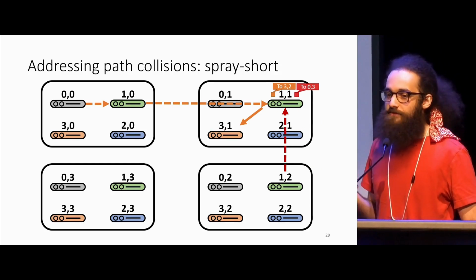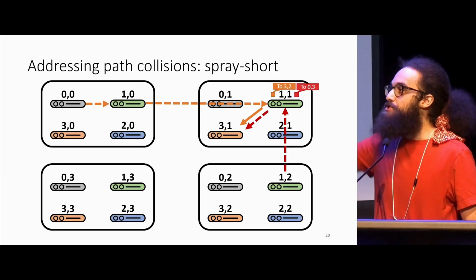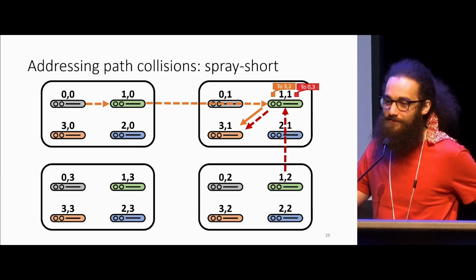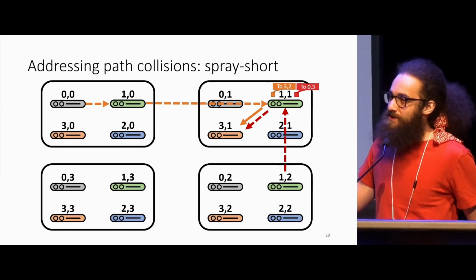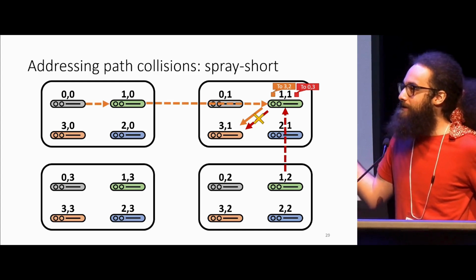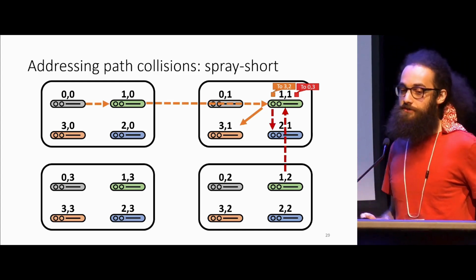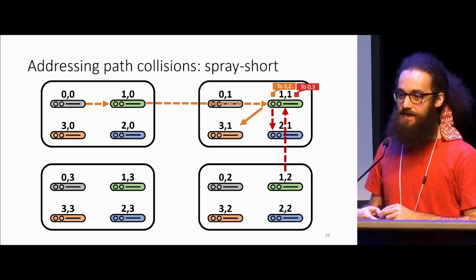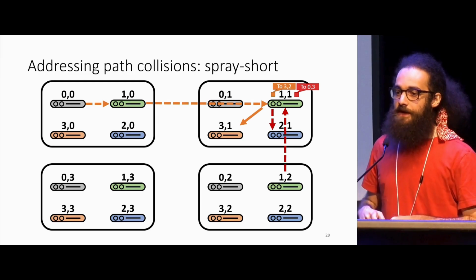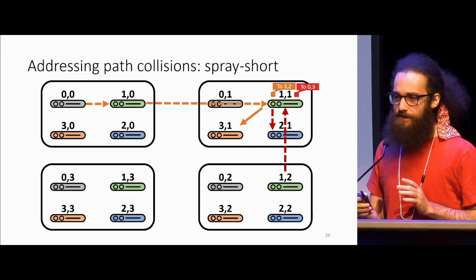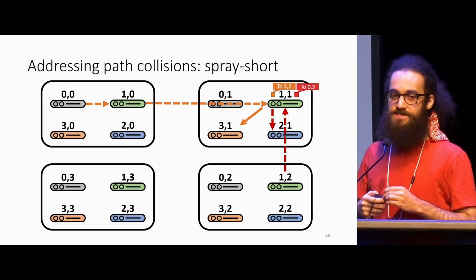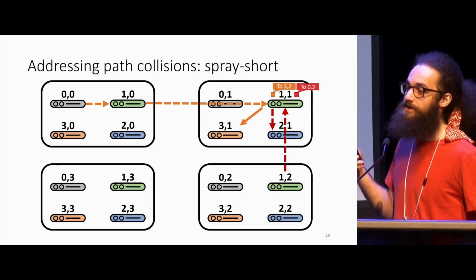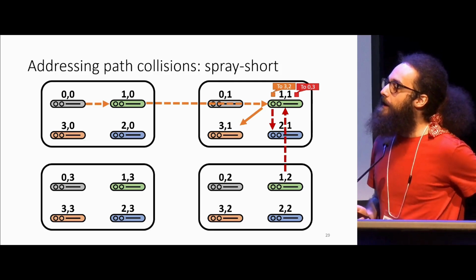Now, if we're doing pure valiant load balancing, we choose this randomly, and we might choose this one. And that one's a bad one to choose, because if we pick it, we'll have queuing delay. So instead, what spray short says is don't pick a random one, pick one that has a shorter queue. So we're no longer doing pure valiant load balancing, we're now picking shorter queues to send for our spraying hops. And although it's not pure valiant load balancing anymore, we actually get much better performance out of doing this. And in our paper, we have some intuition as to why it's actually not a problem that we're not doing pure valiant load balancing anymore.